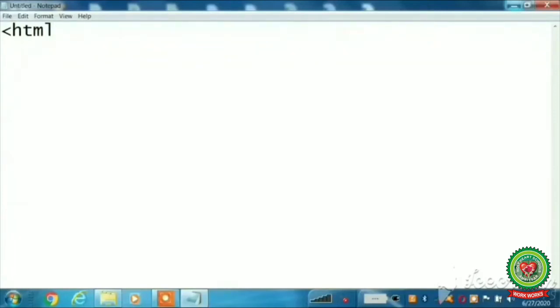So what is the full form of HTML? Hypertext Markup Language. This language tells the web browser that we are going to create a web page. The next tag that we will write is head tag. That is the container of all the head elements. The next tag is title tag. This tag displays the title on the title bar of the web browser. In the title tag, we can write any text about our web page.